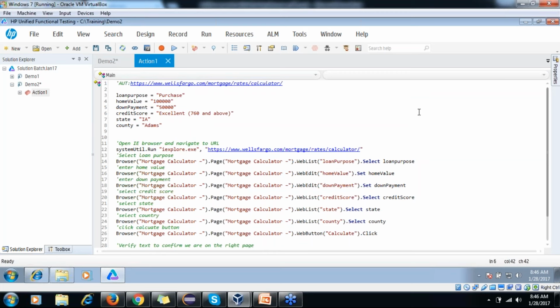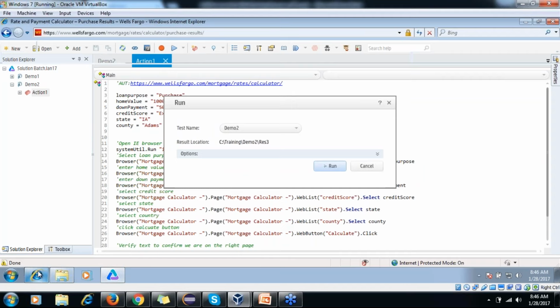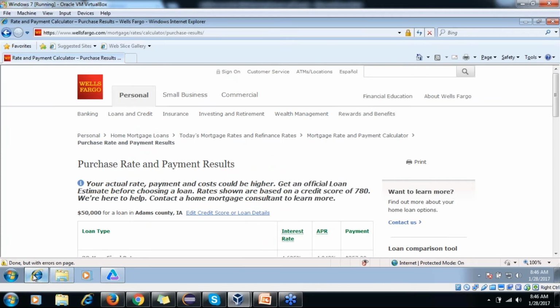You may ask the question, why did we do this? Currently we are hard coding values in the variables we created as well, but I just wanted to show you how we can store values in a variable, and you can use those values in your script. Okay, so let me run this. Before that, make sure that your browser is closed.